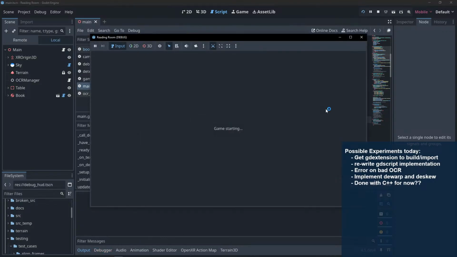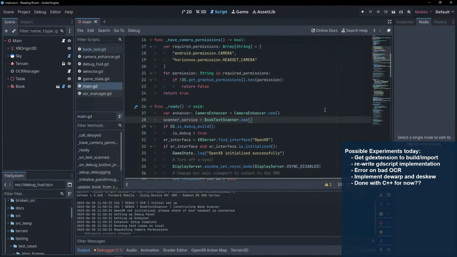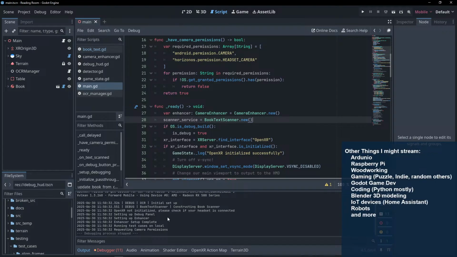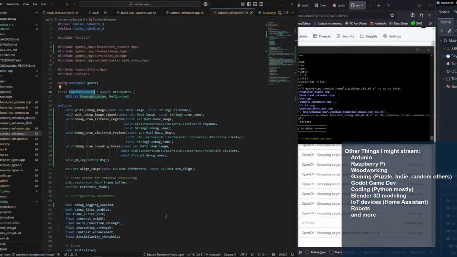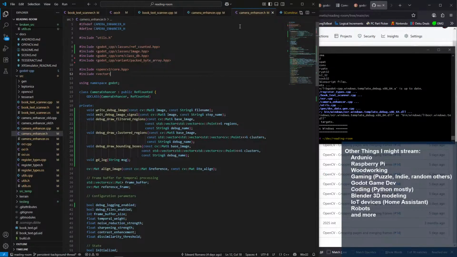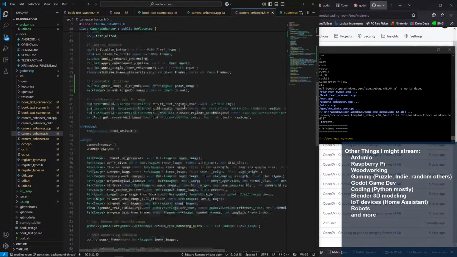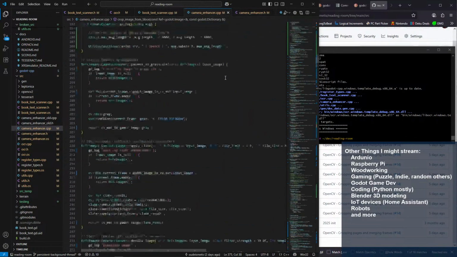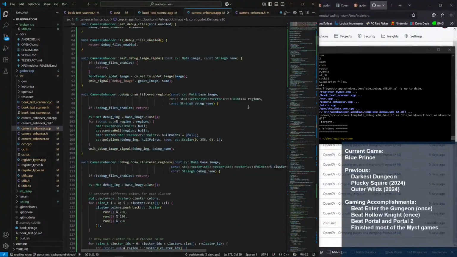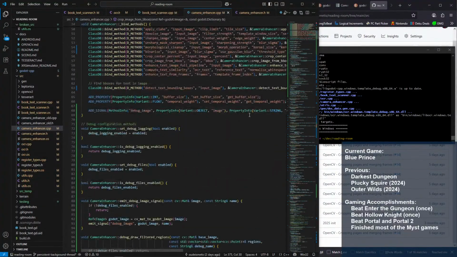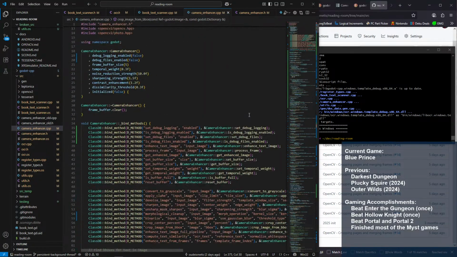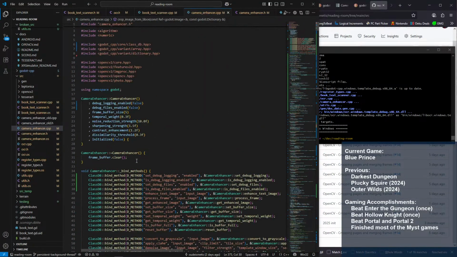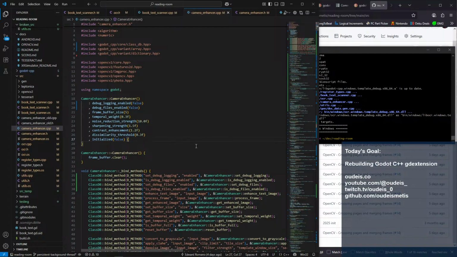If I run that now, I should get all three. Camera enhancer doesn't have anything in its constructor, perhaps? It has a constructor, right? Yeah. Where is its constructor? It's got a bunch of arguments to it.